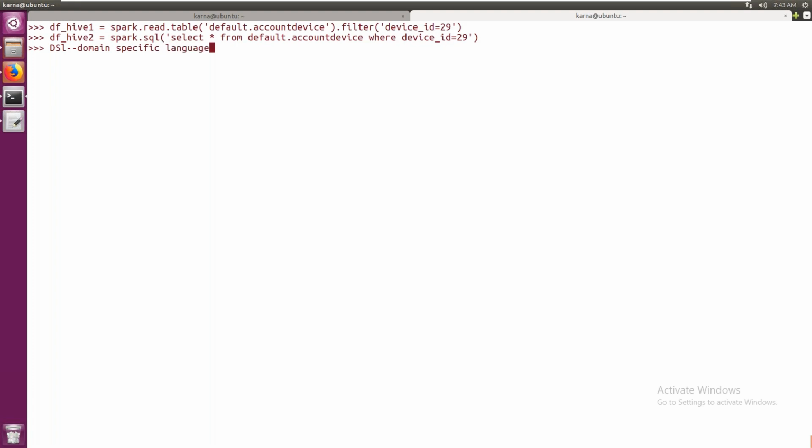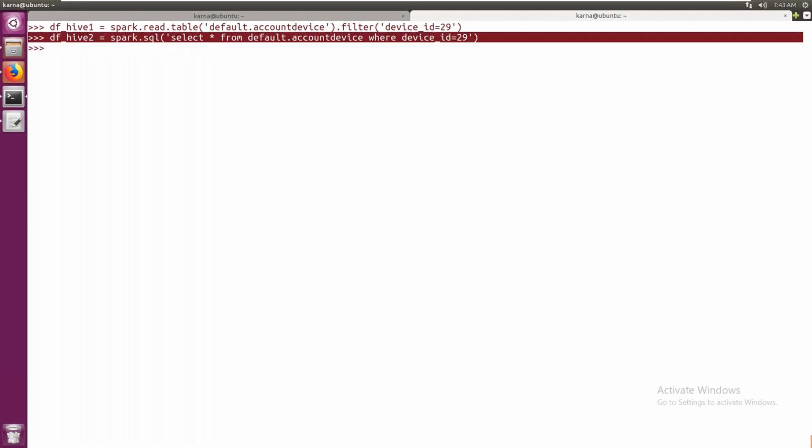In all our data frame discussions, we used filter, group by, all those operations, and that language is called domain specific language. This one is called pure SQL language. It is up to the programmer's interest which to go with. There is no performance difference at all. Both are the same. The difference is only at the programmer level. That's it. Got it?